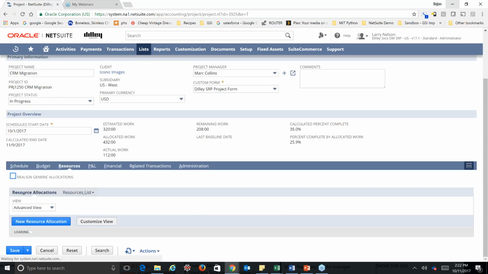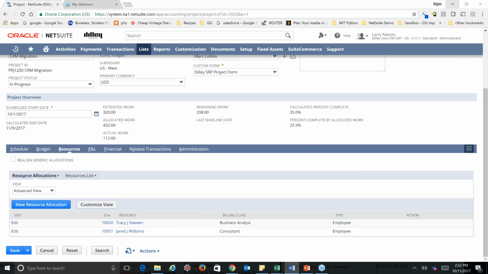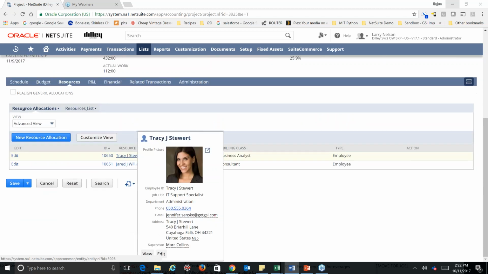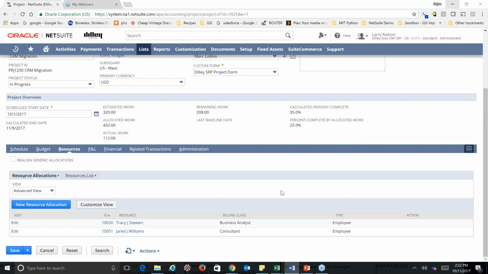Going under our resources tab, if you noticed when I was working in those first phases and tasks, when I went to assign a resource, I only had 2 and then I had a bunch of generics. This is where those 2 are coming into the system as available. So again, this has already been looked at and approved by the resource manager for these people to be available